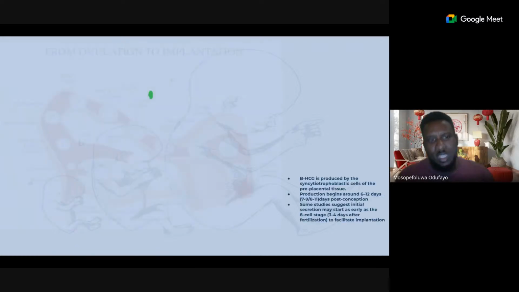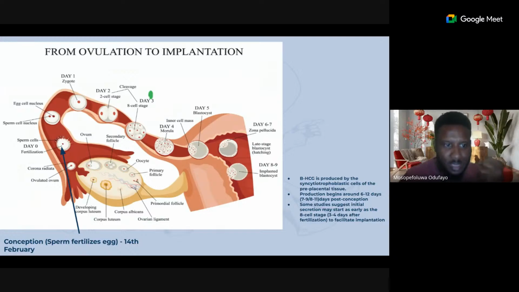Let's follow it up. On this 14th day of February, Pablo's sperm goes through the uterine canal, through the fallopian tube, and meets with the ready egg, which is over here. When the sperm fertilizes the egg, conception takes place on the 14th of February. I want you to start counting. This is 2 weeks after the last menstrual period; conception takes place.